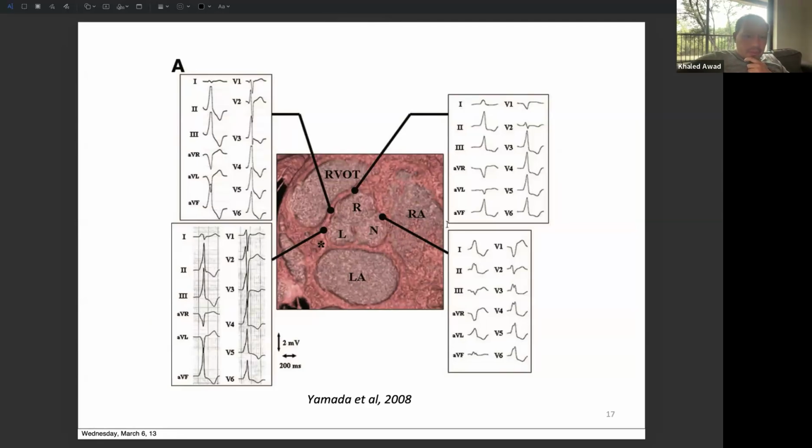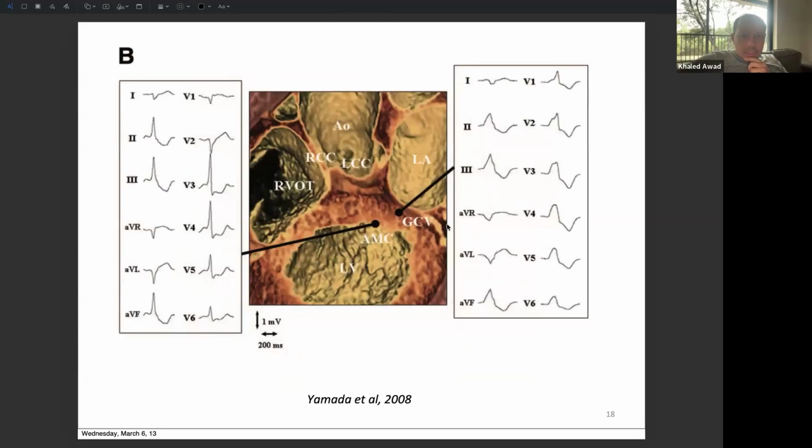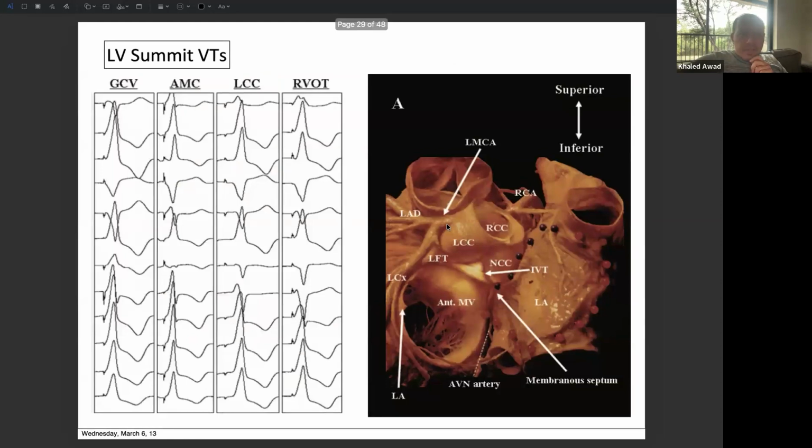One of the things that we need to talk about, maybe not a lot, but we need to at least introduce the concept of what's called the left ventricular summit. Let me see if I have a better